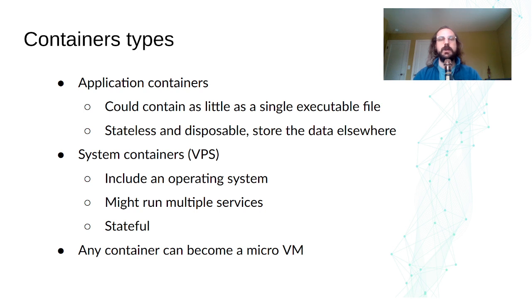And I'll also say here that application containers, while they could contain as little as a single executable, they're often based on operating system containers that are still really small. So like an Alpine Linux container can be as small as 5 megabytes. An Ubuntu container can be as small as, say, 30 megabytes. So these are very basic operating system collections that are just some tools and the package manager that provide a convenient way for application packagers to get the software that they need into the container to support that application if they need more than just that single